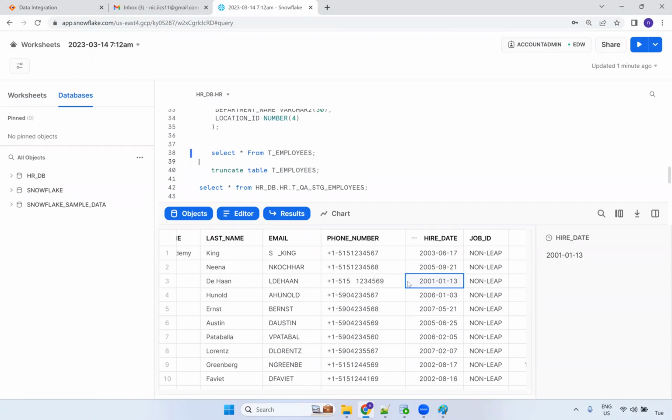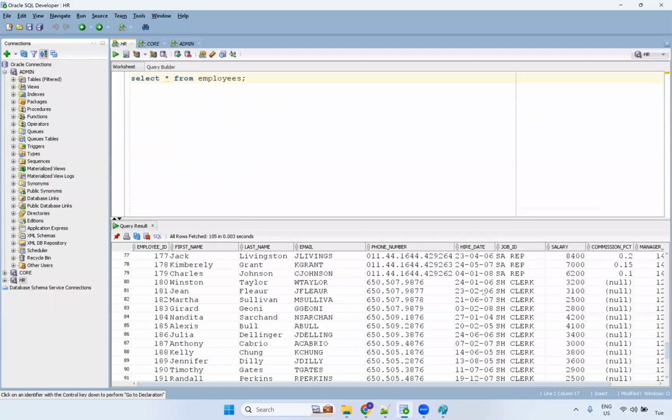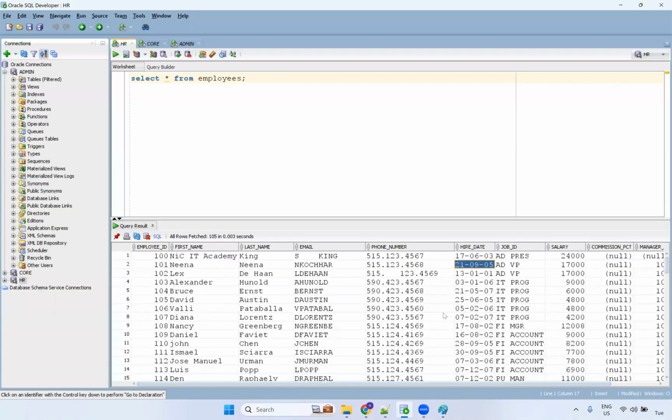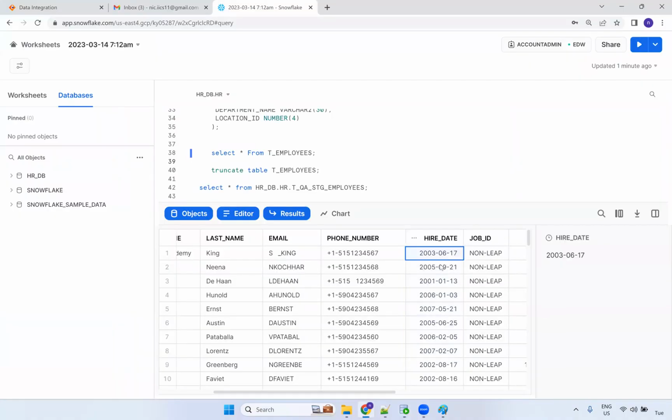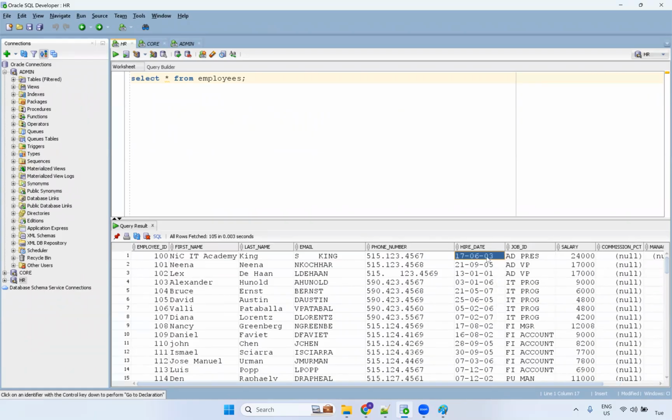Okay, two different GUIs, right? This is something different GUI. So that difference might be there. Okay, that's okay. But data should not change. Same data you need to have. Okay, so what is the data you are seeing? 17th June 2003. 17th June 2003, right? See, this display also you are seeing this way. But if you go and check here,